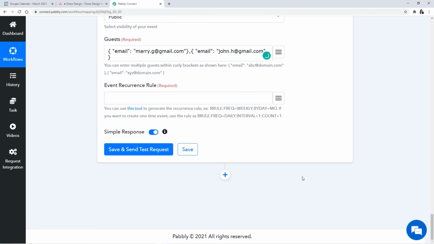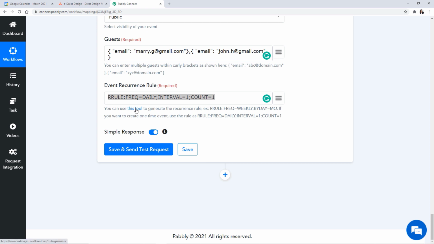Now moving forward, we have this event recurrence rule. For that, let me first tell you what I am going to apply. I'm going to simply copy this recurrence rule and paste it here. Why? Because this recurrence rule is fine for me: every day, just remind me one time about the event or the new task. But in case you want to be notified multiple times about the new task, you can change this event recurrence rule from here.